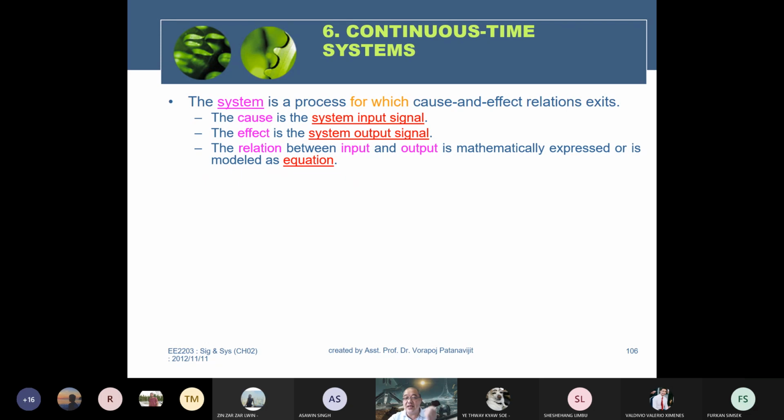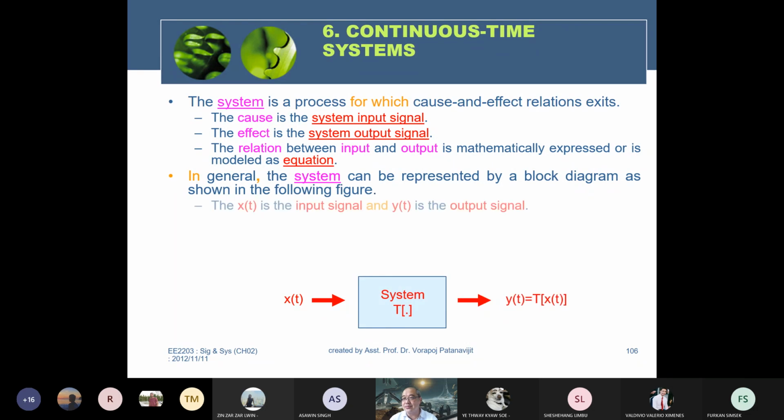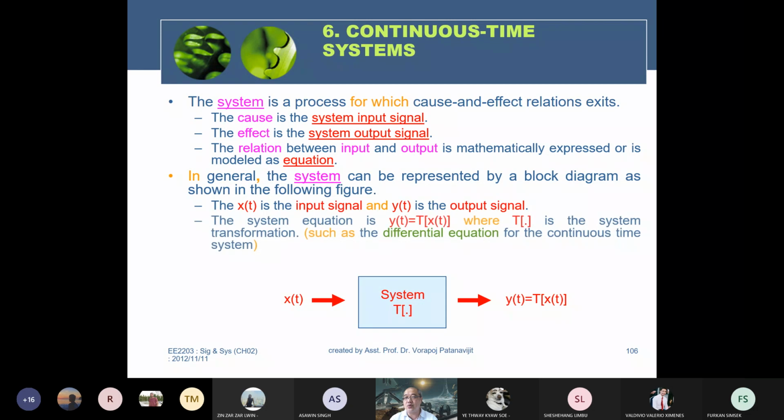The relationship between the input and the output is mathematically expressed and modeled as an equation. In general, we model the system by using a differential equation. Why don't we model with a simple algebraic equation? Because a simple algebraic equation in general has lower accuracy than a differential equation. Therefore we try to use the differential equation. Even though it is more mathematically complex, it is more accurate, and we frequently use it to model the system or natural phenomena, because